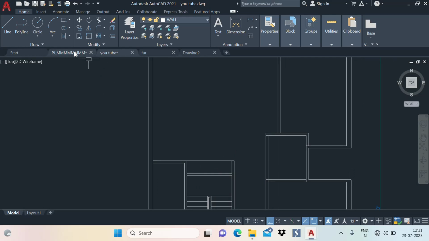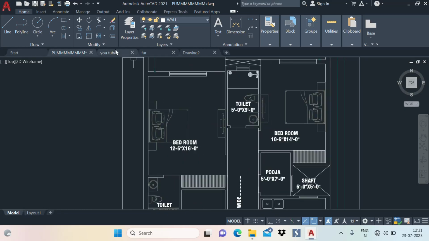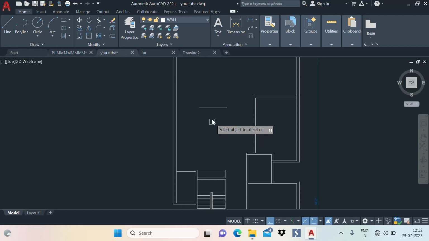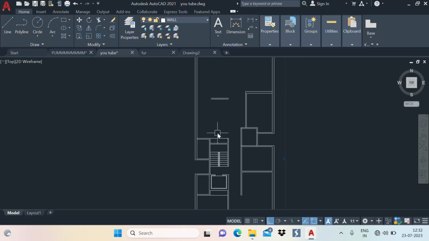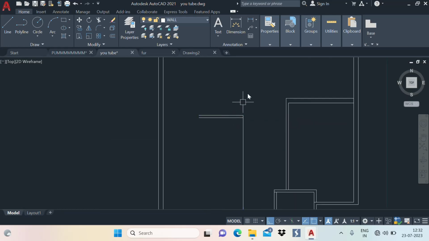room area. So for making the room area, you can see this starts from here, which is 16 feet wide. So I'm just taking an offset of 16 feet for this. O, enter, enter, and 16 feet, enter. And now I'm again taking an offset of 4.5 inches, which is here. Now just do fillet to